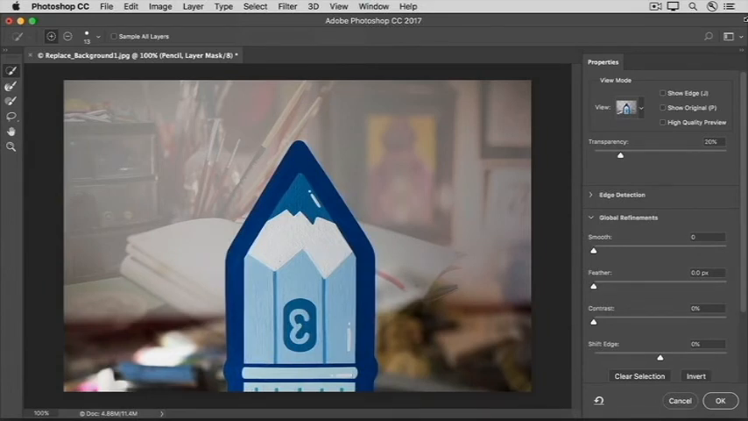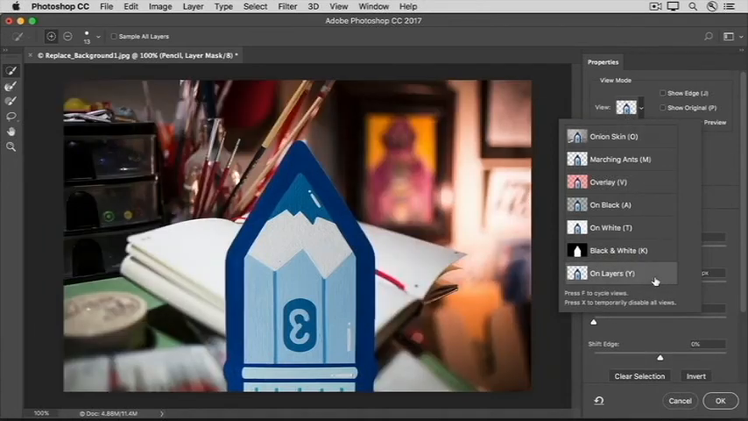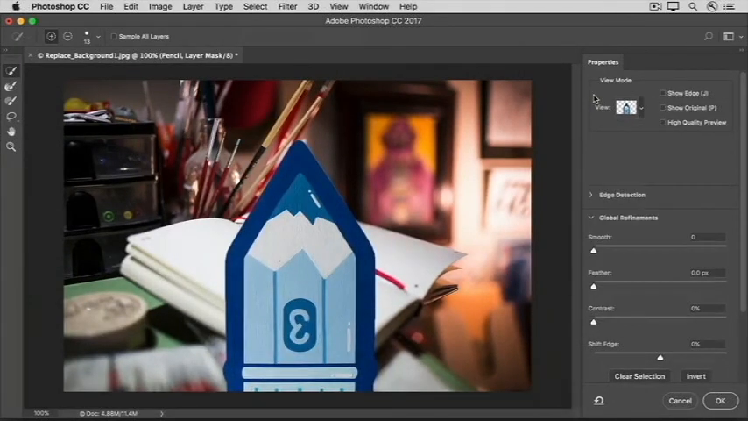Earlier in this tutorial series, we visited this workspace when we were fine-tuning a selection. Now we're fine-tuning a mask, which is very similar. First, let's click on the View menu and choose the way we'll view the image in this workspace. I'm going to choose Layers, which will let us see exactly how the pencil will look against the new background layer as we adjust the mask. I'll click on a blank area to close the View menu, and then I'll go to the Global Refinement section